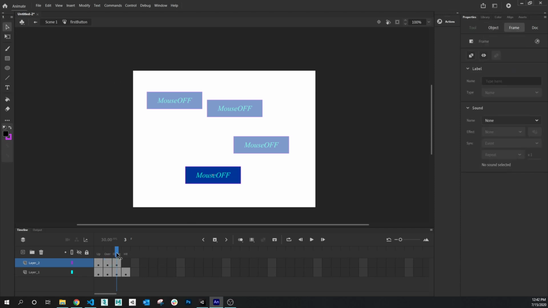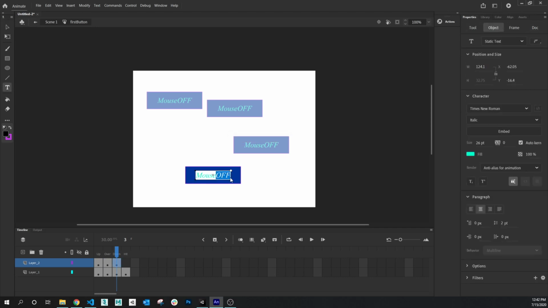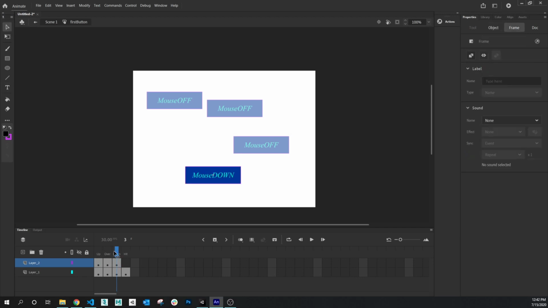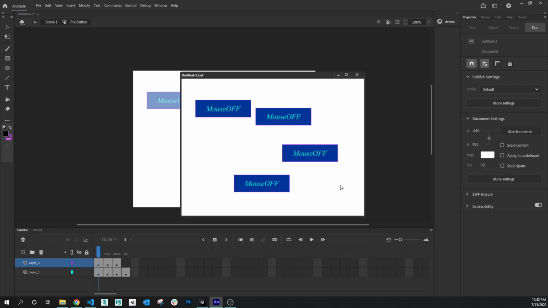And for the down, obviously we'll do mouse down. Okay, so we have our 3 keys, and let's go ahead and just Control Enter and test this again. So we see, we click it, mouse down, over, and off. Those are the 3 states of the button, and because they're symbols that we're updating, these are all showing the